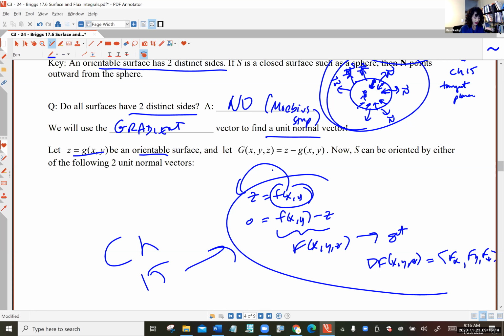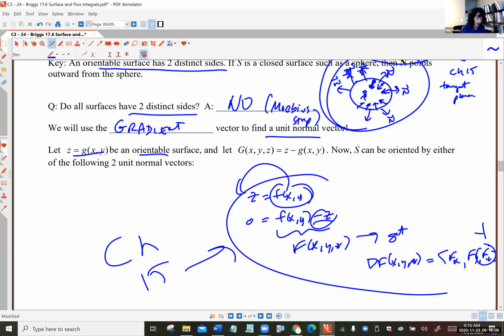It turns out that if you want an outward vector that's punching up, you don't want to subtract the z, because then this F_z would be -1, which means it would be a normal vector pointing down. And that's fine too. But most of the time when we do these flux integrals, we'll want upward and outward